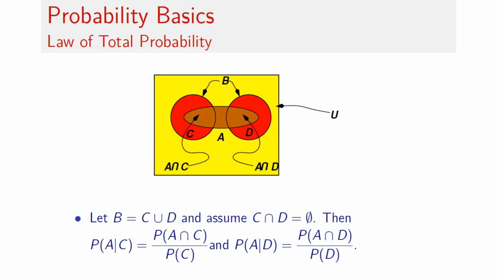Here we will talk about the law of total probability. The law of total probability addresses the following question. For example, suppose that the event capital A can occur in several different ways. Specifically, capital A could occur if epsilon 1, or epsilon 2, or epsilon 3, and so on, occurs.